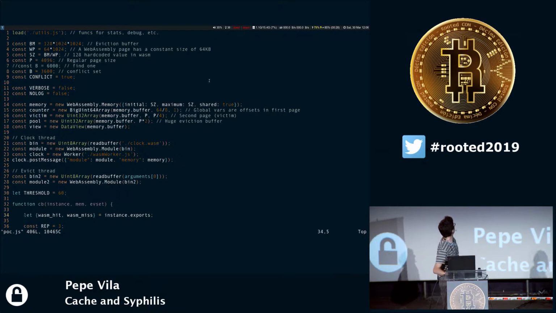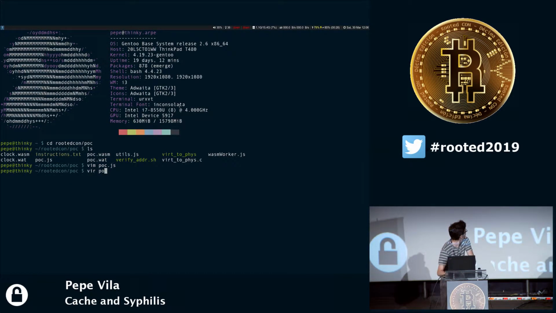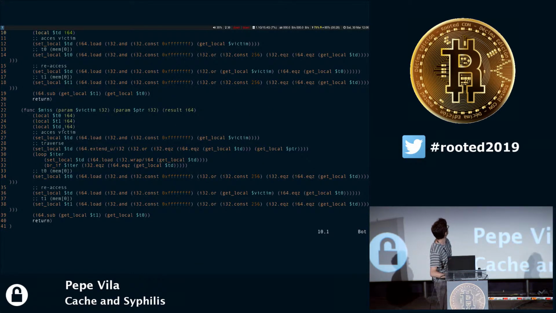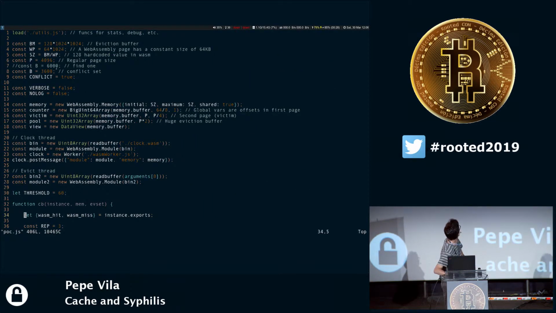Well, basically, this is the code. JavaScript, the algorithm I was mentioning before, and you prefer to turn your back while reading this? This is a WebAssembly module. This is what I said about the test. We have the access to the address. We measure the time afterwards, and as we see here,